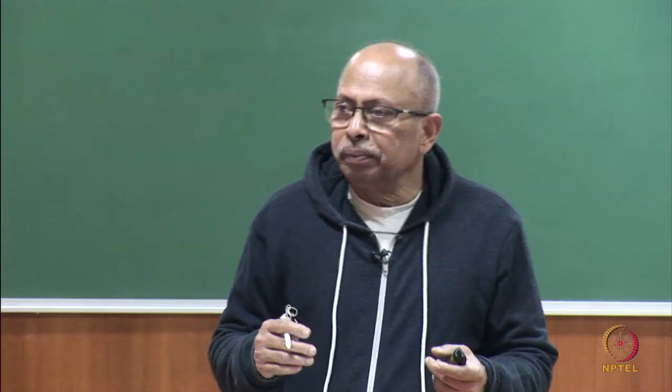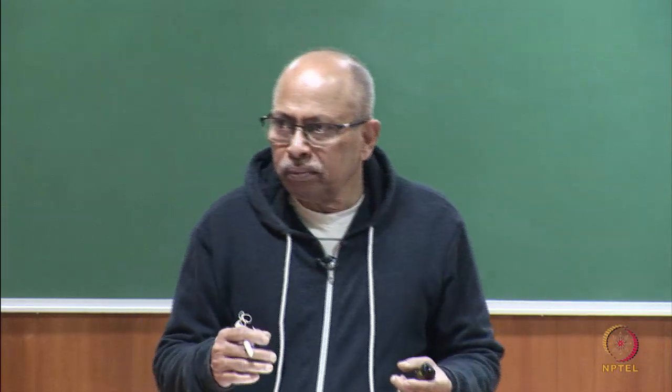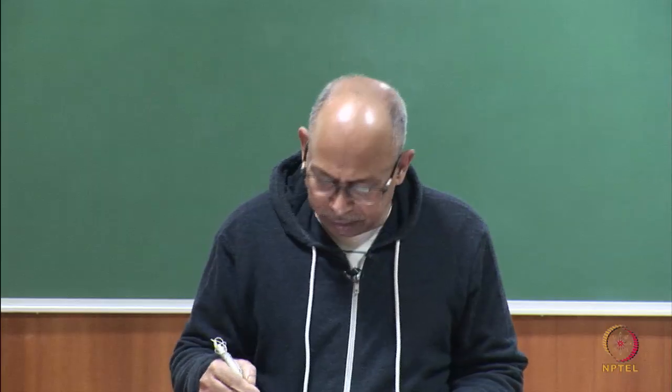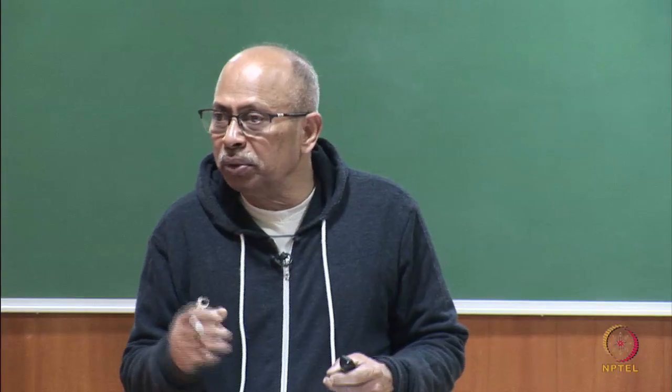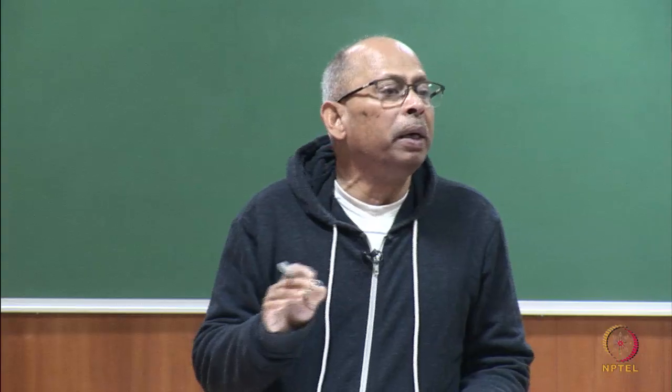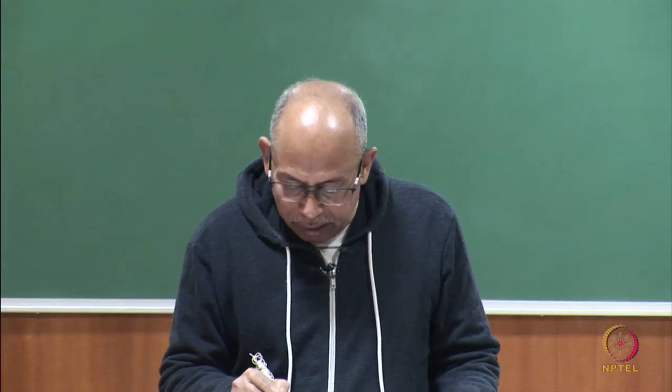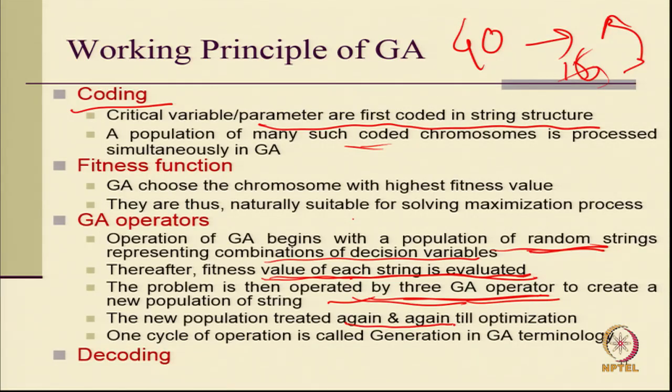This is done by what is called a crossover. A new population is generated out of this. I will just explain this again. So new strings are created out of these 16, I bring back 40, I make 40 new strings, and these 40 I again evaluate, and this process continues till I get no improvement in my results. So the new population is treated again till optimized, and one cycle of operation is called a GA operation in GA terminology,